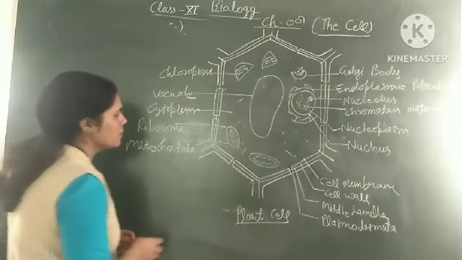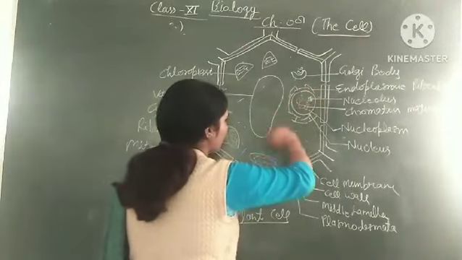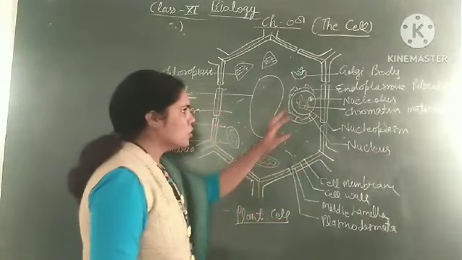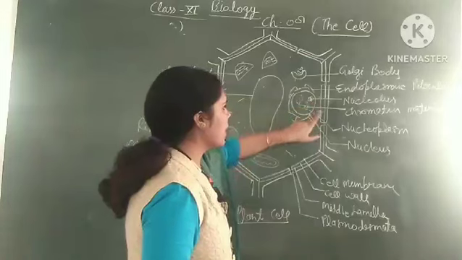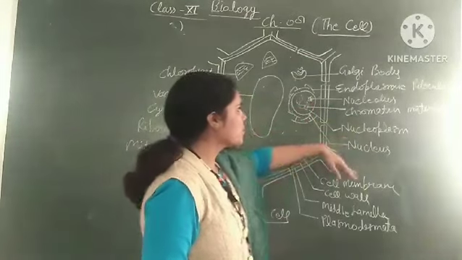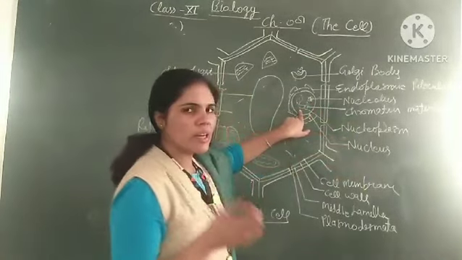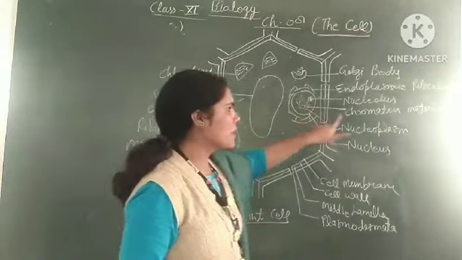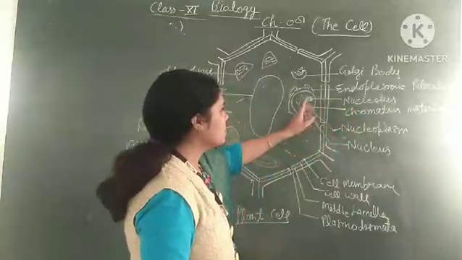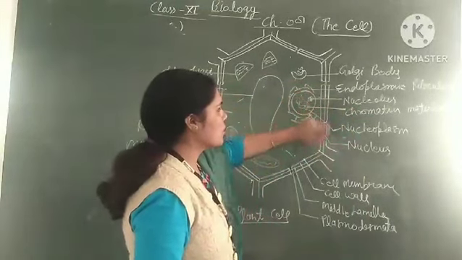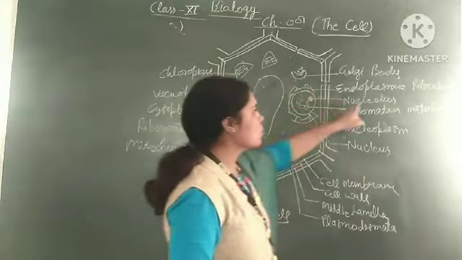On the other hand, the central part of the cell is known as the nucleus. The nucleus is a circular structure which contains a liquid known as nucleoplasm. And the thread-like structure present over here is known as chromatin material, which contains the DNA of the cell. And there is another circular structure found inside the nucleus known as the nucleolus.